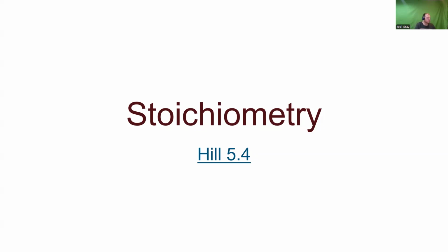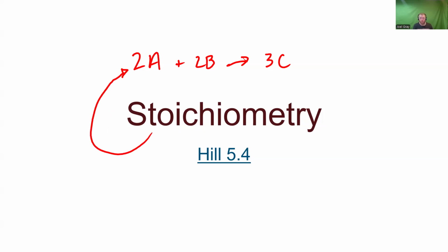This many of this reactant will react with this many of this reactant. So, you know, 2A react perfectly with 2B to form 3C. That would be an example of a balanced chemical reaction. And then stoichiometry is really the question of, okay, well, when you have this sort of golden rule, this sort of